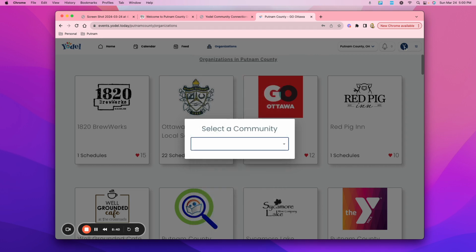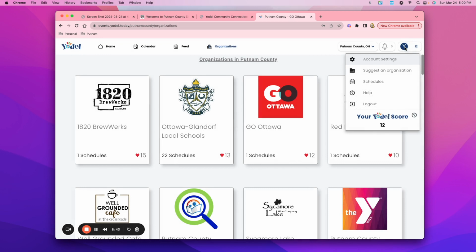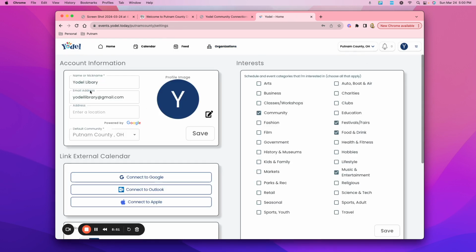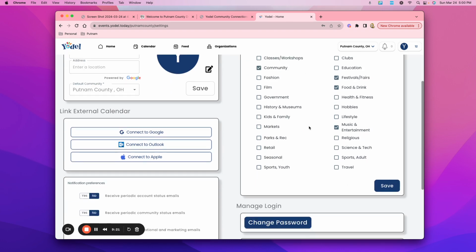The other thing is if I go back up to where my actual sign-in is, I have my account settings, which is what I wanted to take a look at, because when I did this, I put in my name, I put in my email address. I did not put in a physical address. If I wanted, I could put in a physical address, and then it's going to narrow my search a little bit when it's suggesting. As well as, this is where I talked about that you could go in and change, and I could say, you know what, I didn't mark before that I really want to know about charity events that are happening. So I could add those in.